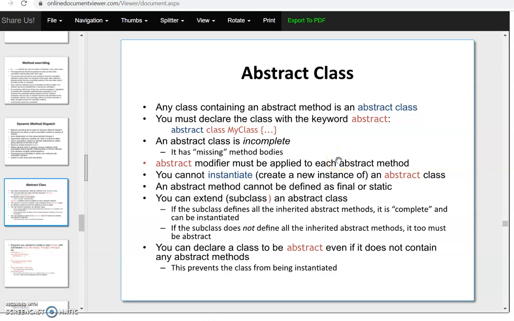Hello students, now we will see the next concept called abstract method and abstract class. So what is meant by the abstract method? An abstract method is nothing but an incomplete method. So you can see that I can define the abstract method, and this particular method is abstract